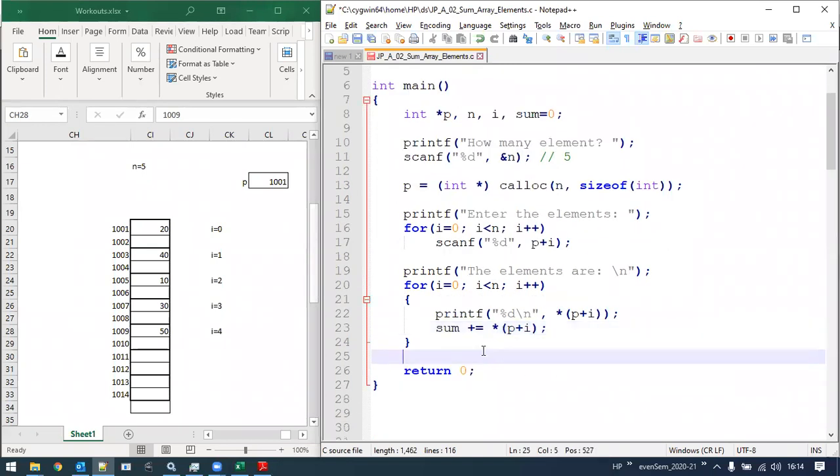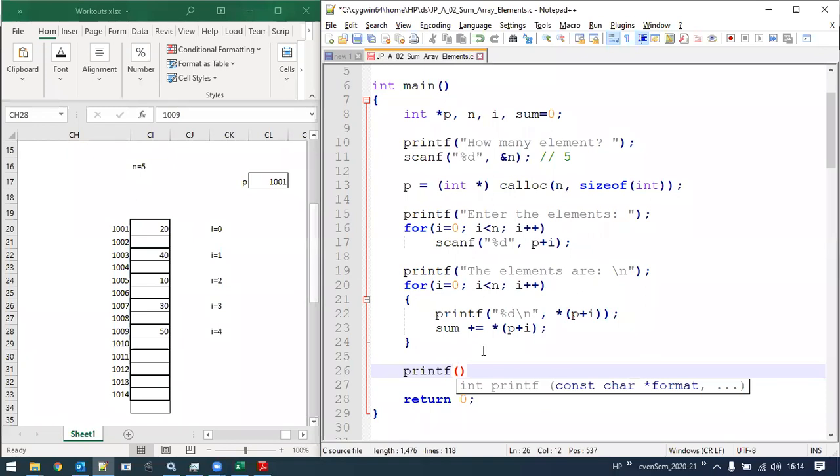Now, the last statement would be just to print the sum. Printf, sum of array elements equals %d and one more \n, and here we will display the sum value. Okay, let us compile the program.